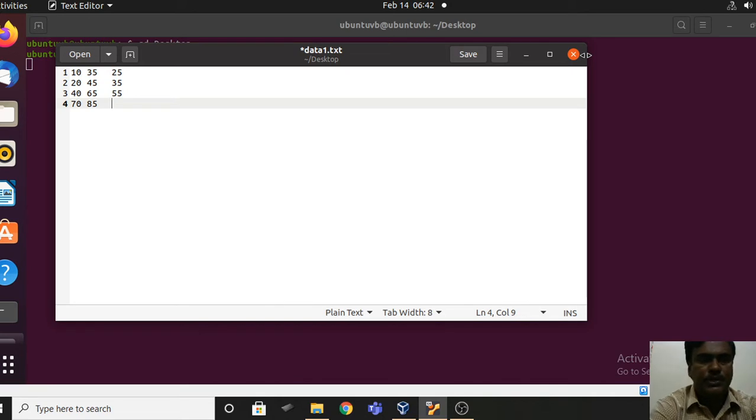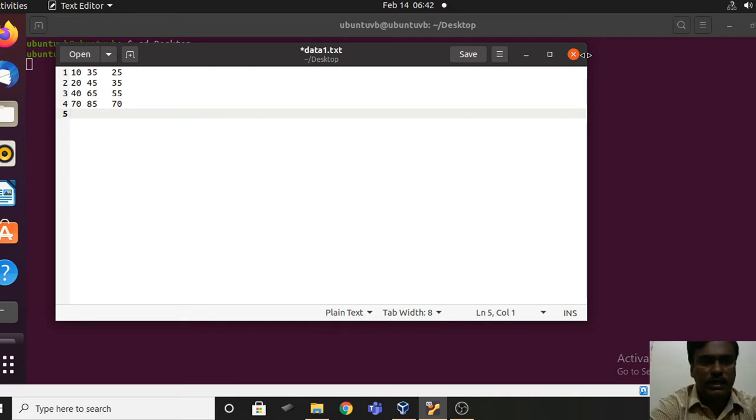We made an assumption that the first column represents number of nodes, the second column represents throughput, and the third column represents delay. This is the delay. And let me take one more last and final case.